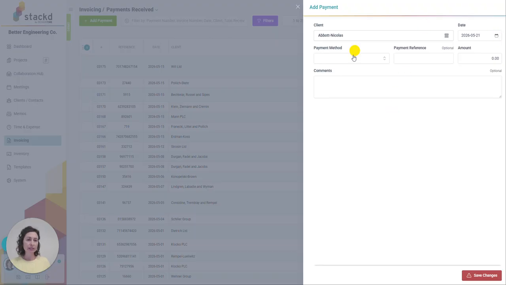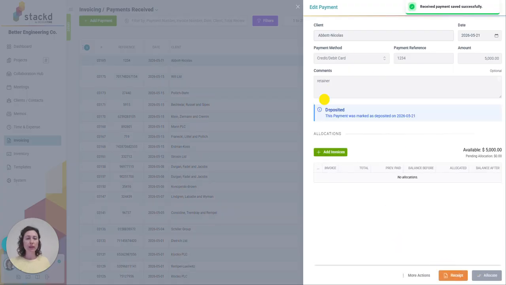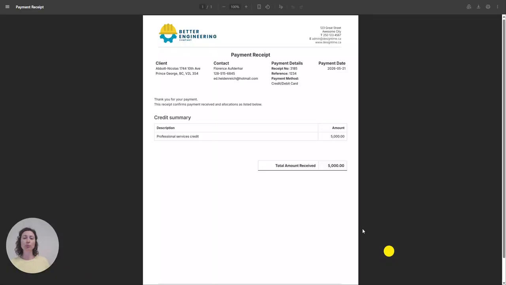So again, the date the payment was received, the method, let's say it was a credit card payment, and the amount was $5,000. Comments are optional. Select Save. So now you can see that this client has an available $5,000. You could produce a receipt at this point. So this would be something you could provide that client with, saying we've received your retainer and it's being held